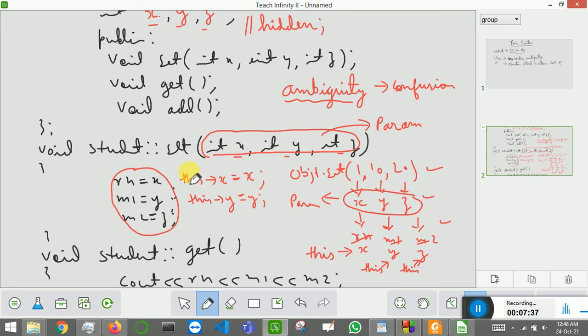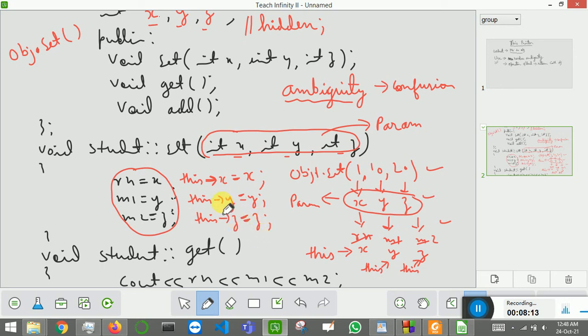So why am I writing this? Because it is the name of a pointer. How does this pointer come? It is created by default by the compiler, so you can use it anytime. Second thing, why am I using this arrow? Because this is a pointer. Whenever you use a pointer, you use an arrow. For example, when I am using an object, I write the dot operator, object1 dot set, right? But whenever you are using a pointer, you will use the arrow operator. This is called the arrow operator. This arrow z equals z.